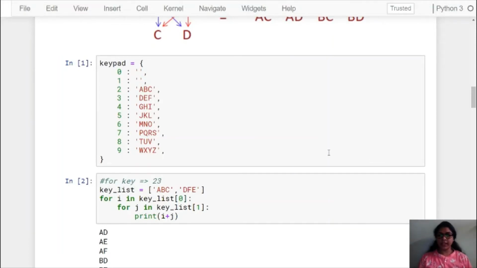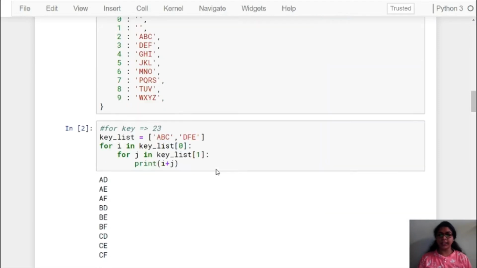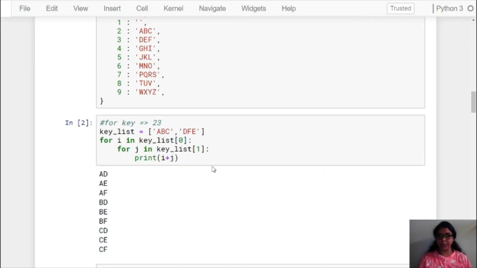Now we will see examples. We will consider 2 and 3 as our input keys, meaning the user will press 2 and 3.